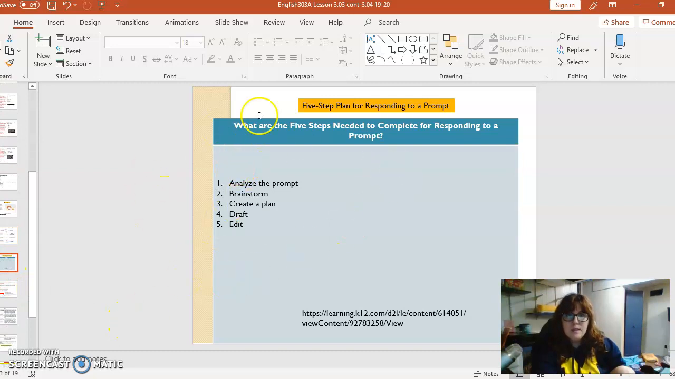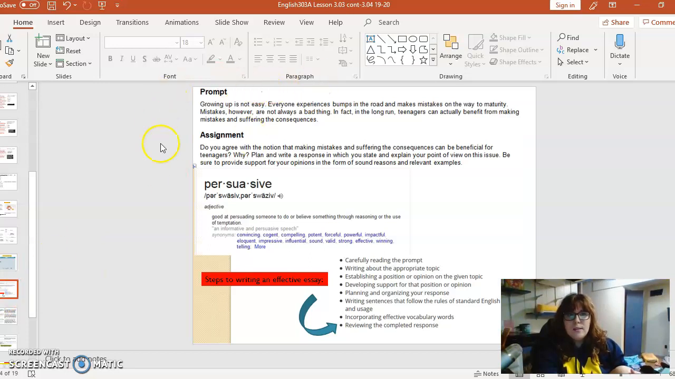So there's 5 steps needed to respond to a prompt. The first one is, they say in the content, the ABCDE method. You're analyzing, you're brainstorming, you're creating a plan, you're writing the draft, and then you're editing. So you're going to analyze the prompt, brainstorm the ideas of how you want to respond, create an outline, a plan, then write your draft, and then edit. It's ABCDE. So say you had this prompt right here: